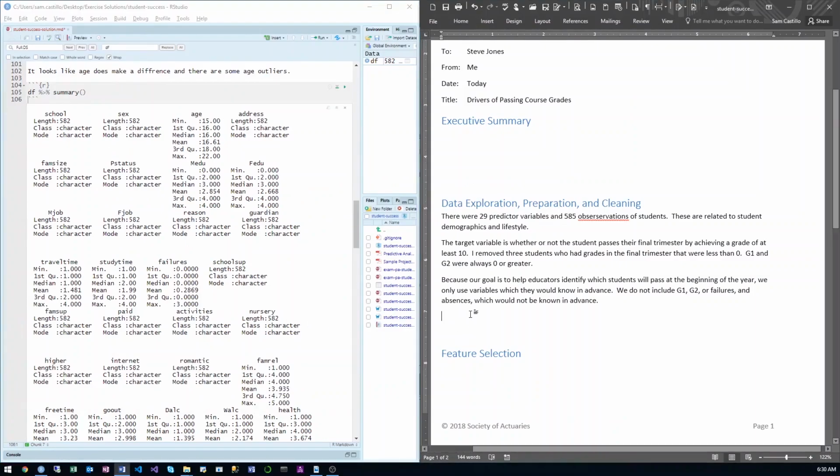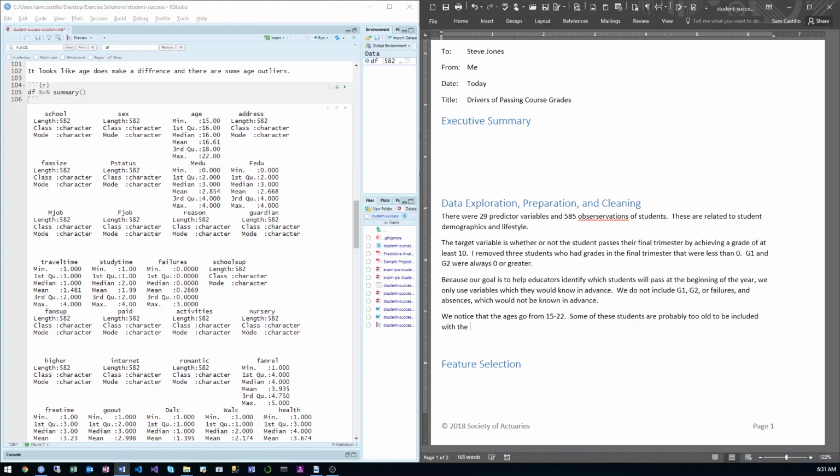It's not really clear. We notice that the ages go from 15 through 22. Some of these students are probably too old to be included